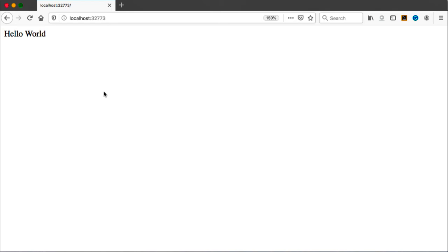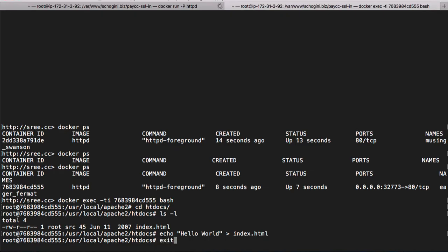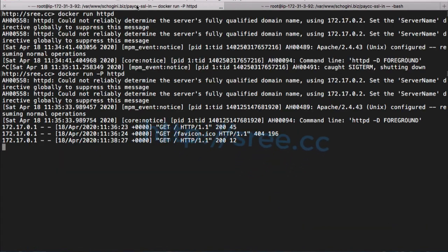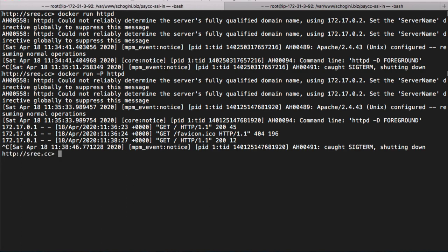If you have a doubt, you can always execute docker ps and see the list of running containers. Alright, so now when I browse localhost random port, I see the hello world output, which is the new string that I overwrote in the index.html. Okay, so let's come back to our first terminal, press Ctrl C and execute the command